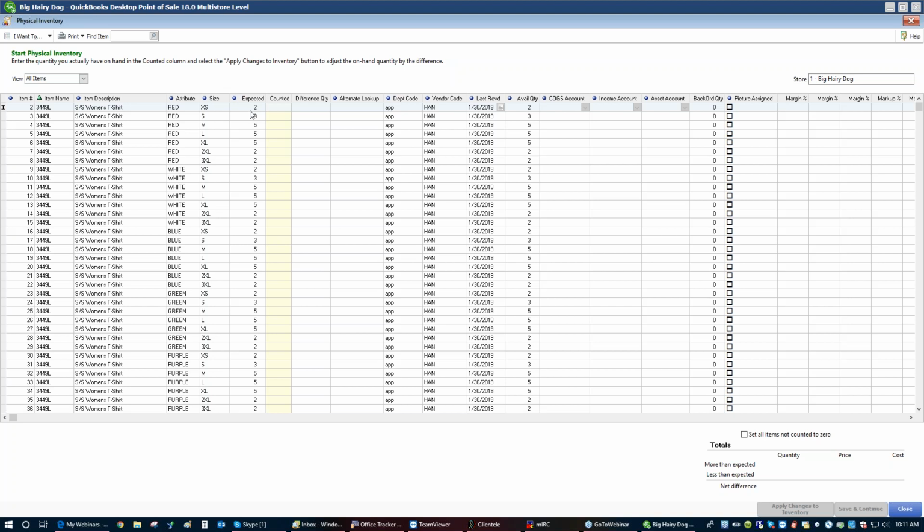Now, there are two ways of doing your physical, of getting those counts into this counted column. That's where those are going to go. So up here, if you're using a scanner, you would go to I Want To and then Add Counts from Scanner, and you'd go through the download process. Now, during that download